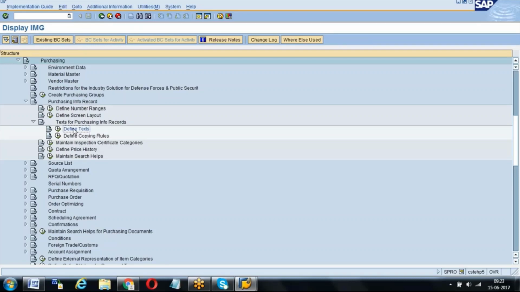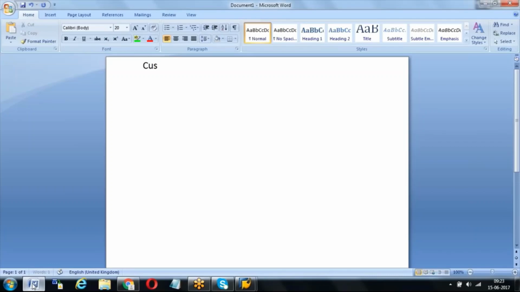We have two kinds of transport request: one is customized, and another one is workbench. 95% of the functional configurations which we do in SAP SPRO come under the customized request.